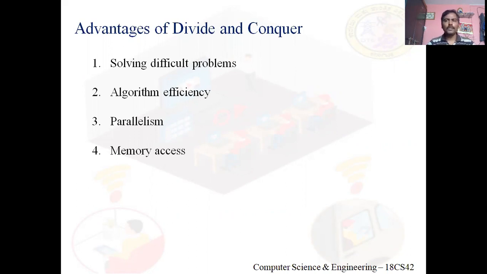Combine the solutions of individual sub-problems. You will get the answer for the main problem. Got it? So, algorithm efficiency, I said, right? For the brute force strategy, like bubble sort and selection sort, it's quadratic. Whereas for the divide and conquer strategy, say merge sort or quick sort, on average it's n log n.